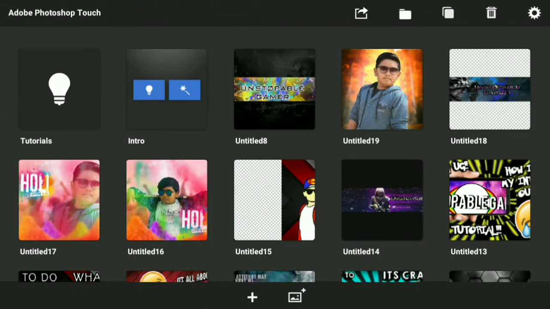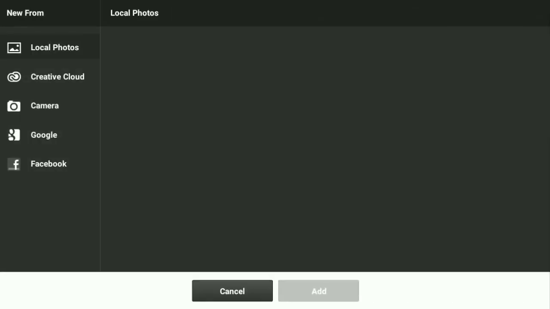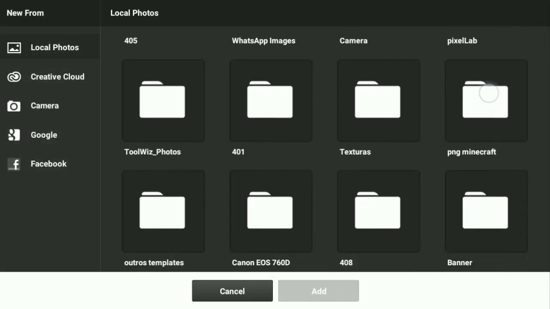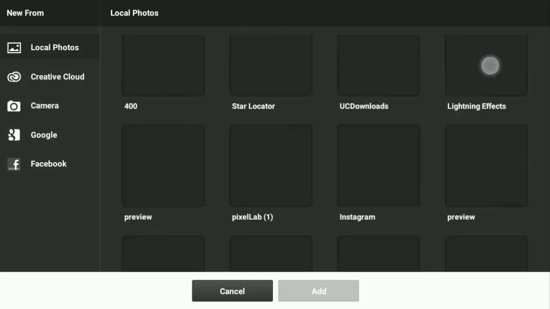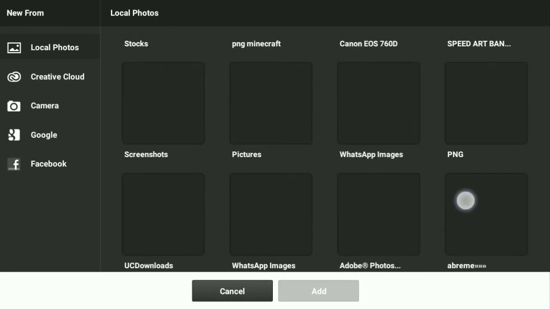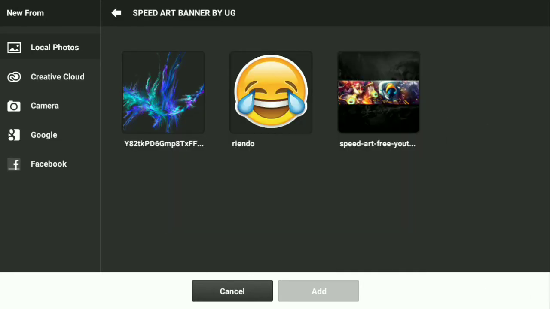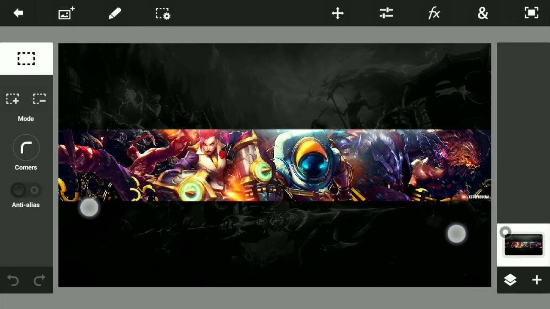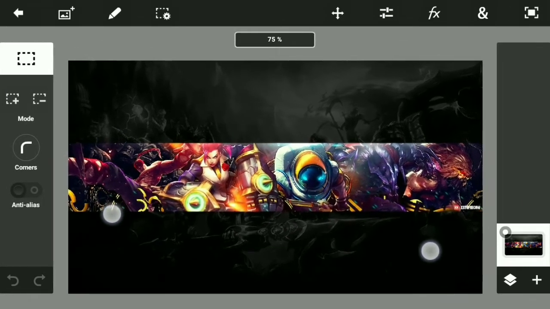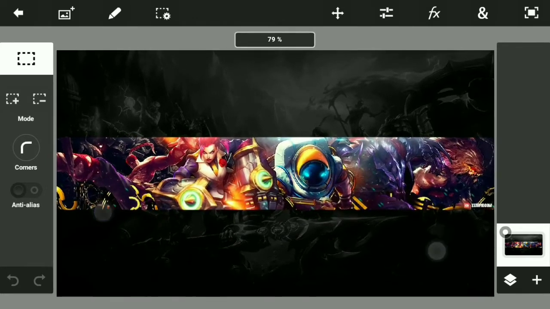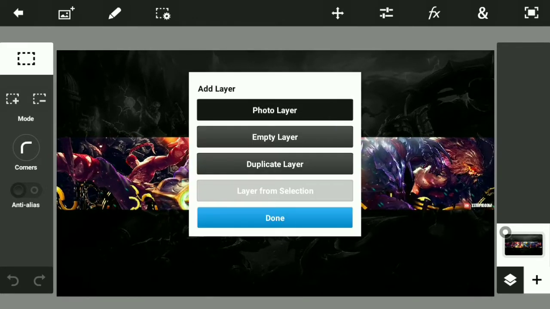Now open it, and as you see, I am in PS Touch. Click this plus image button and go to where you downloaded the speed art banner by UG. As you can see here, I click on this button, speed art banner by UG. As you can see, the banner is fully complete, and now what you want to do,